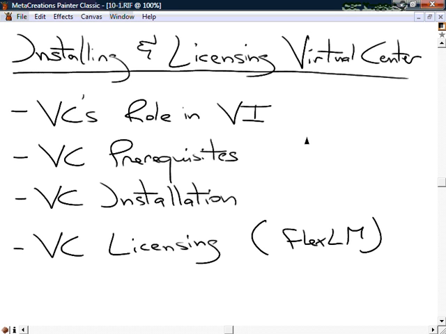Once we're through with that, then we will go into the process of licensing Virtual Server using Virtual Center's licensing tool, which is a derivative of what's commonly called FlexLM. And we're going to go through this mainly because FlexLM can be a little complicated to understand, a little complicated to get up and running. We'll talk about the license files and what the composition is of the license files and what you need to know about them. So let's start actually and talk about really again what Virtual Center's role is inside of